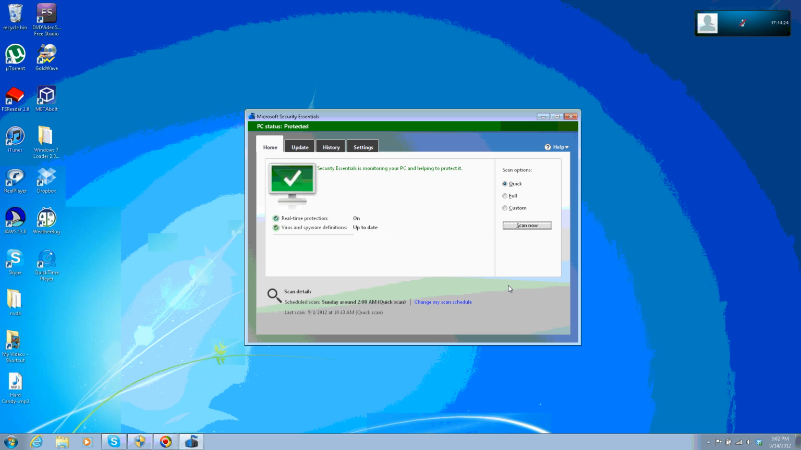And a full scan is if you want to do a really, really thorough sweep of your computer. A quick scan just scans all critical areas like your system folders and your music and your documents and your downloads. Now, once it's done updating, I'm going to go ahead and